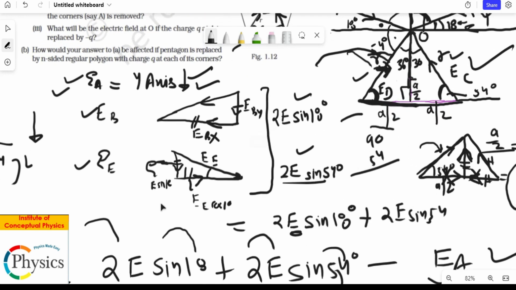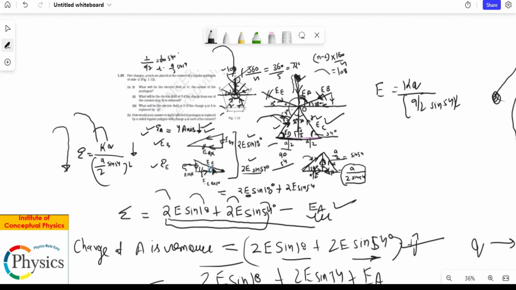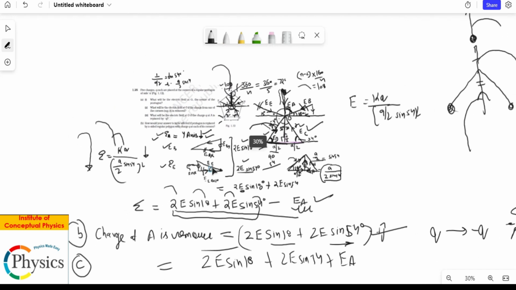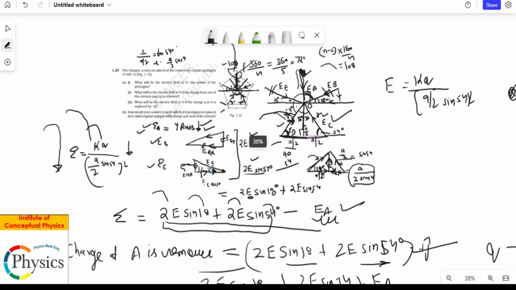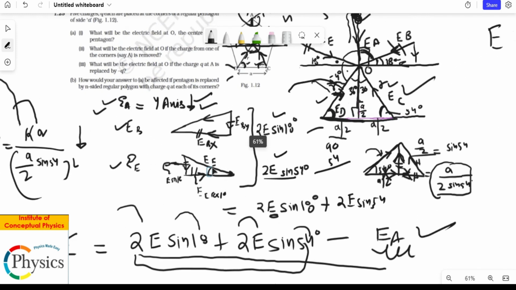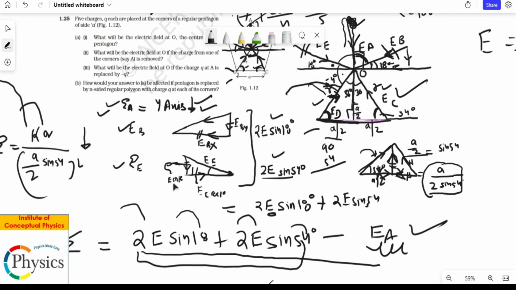Now let's say you have a different figure, and you have to solve the same question, but the change is now you don't have a pentagon. You have a regular polygon with each charge at the corner. So hypothetically, for example, this becomes 9 sides, these become 11 sides, and so on and so forth. So it's a regular polygon. It could be a hexagon, 6 sides, so on and so forth. So I think what changes probably is the angle, right? And of course the number of charges which are getting added finally, right? So if you see a pentagon, for example, we had the 4 charges playing a part in the upward direction.